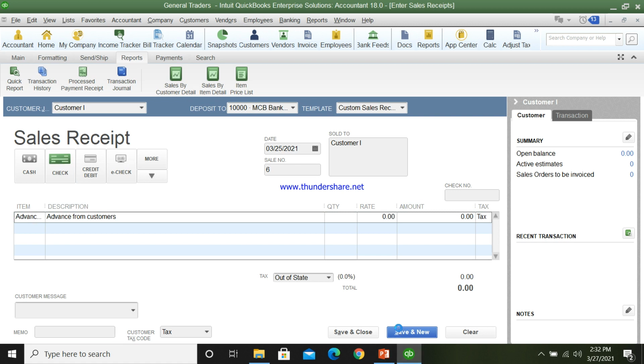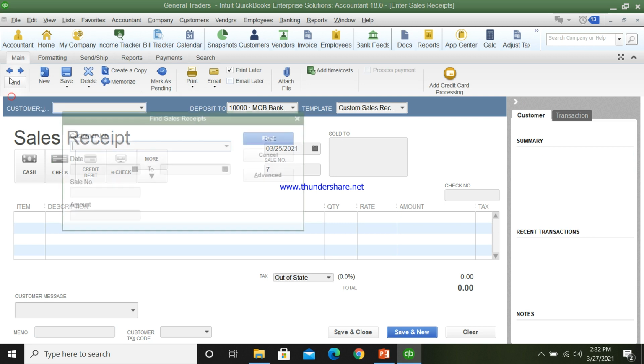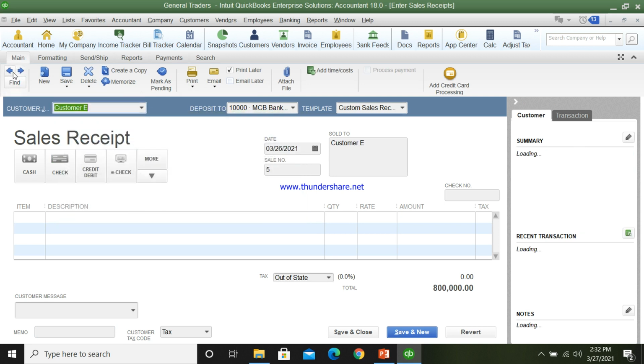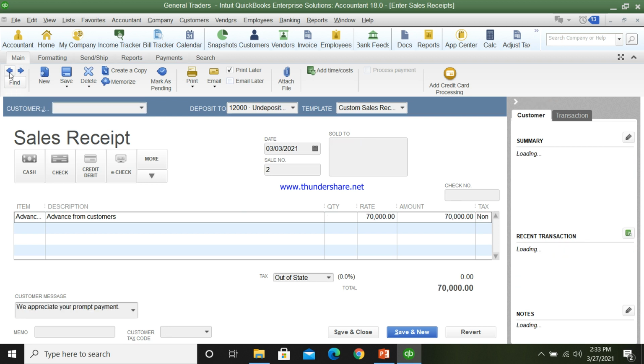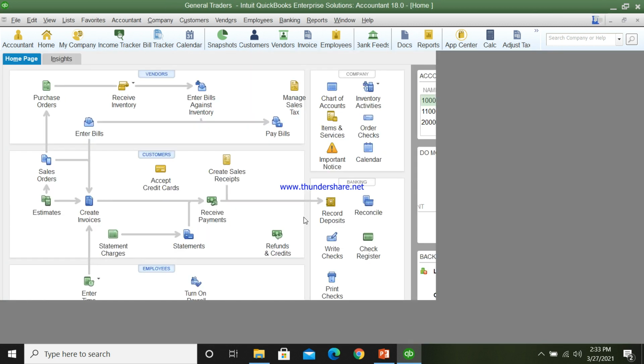Now record this transaction and check its journal entry. Go to previous record for customer I. This is the transaction. I think the transaction is not saved, so we shall record the transaction again.